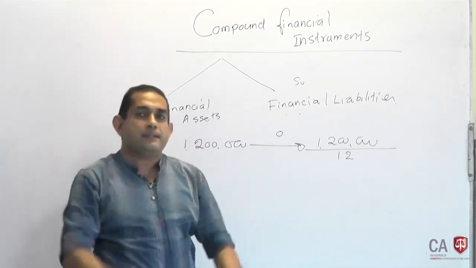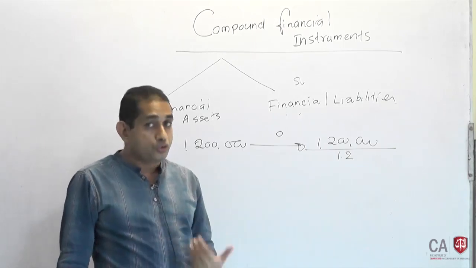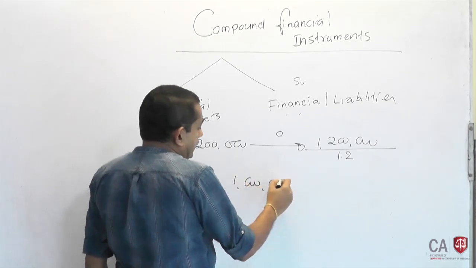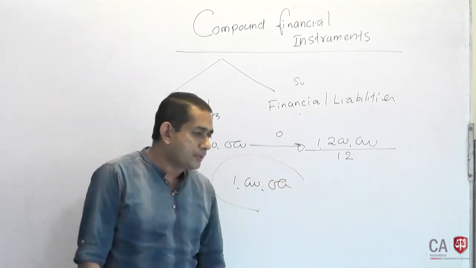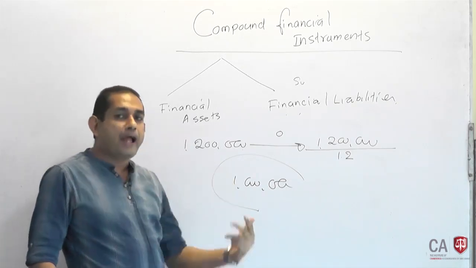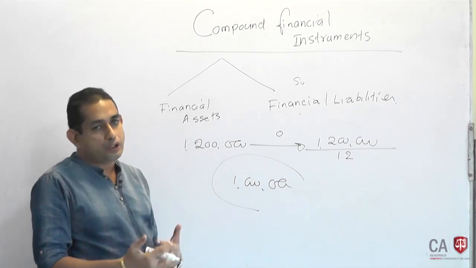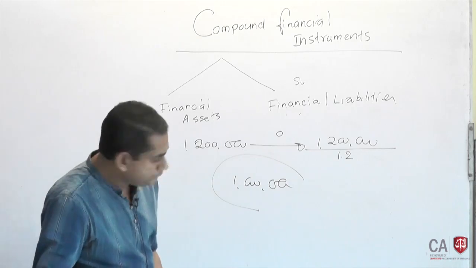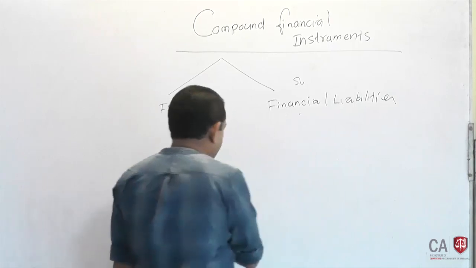That is what we write in the exam also. You need not write all these fancy stories that I told you now. If you calculate the fair value by discounting the future cash flows by the market interest rate, you get the fair value. That is the technical version of it. And the previous was the simplified version, in the language which you and I understand. Here we will come to compound now. You need to apply the same principle.